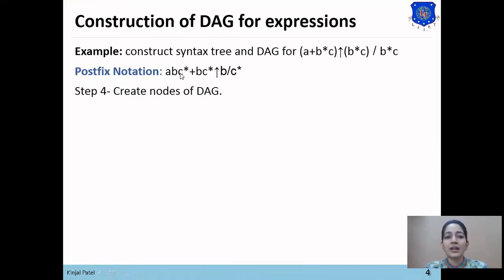Now if we want to identify the common sub expression, we check the postfix notation, not the given expression.